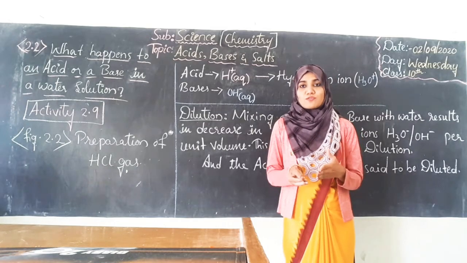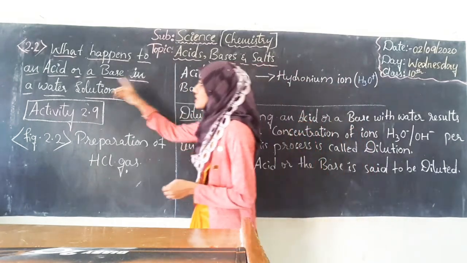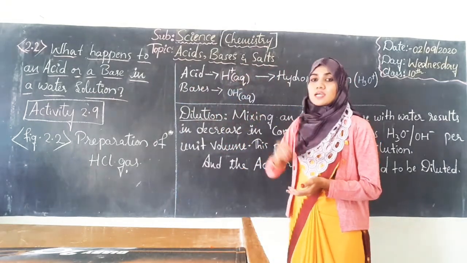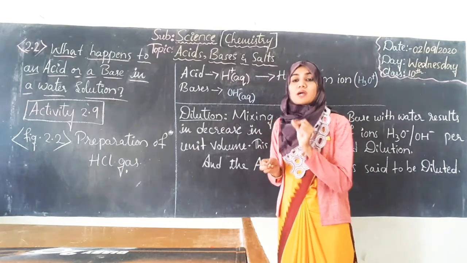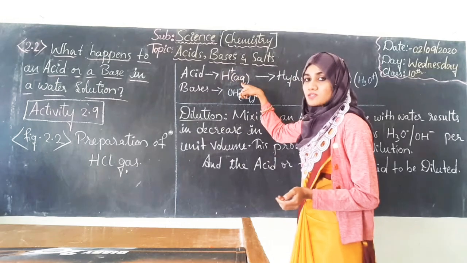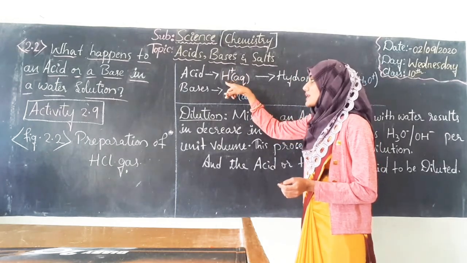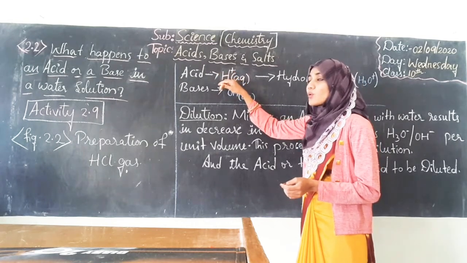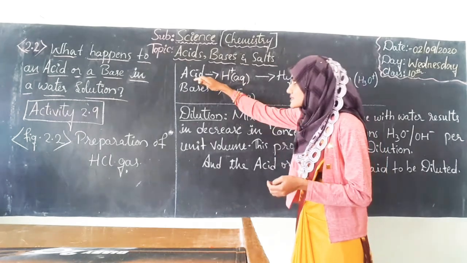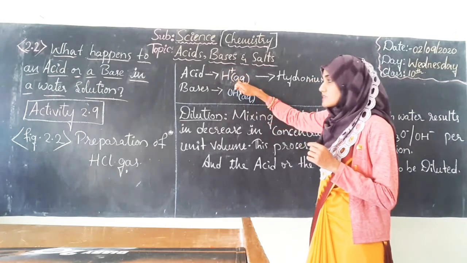And students, now we got to know that when acids are diluted, that means when acids are mixed with water, then they will surely generate H+ ions. And do remember one thing, if we are writing H+ ion, then it has to be written like this, H+ (aq). This aqueous represents that this hydrogen has been liberated only in the aqueous solution, liquid solution. So acids will generate H+ ion only in the aqueous solution.